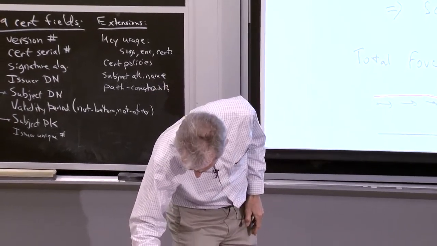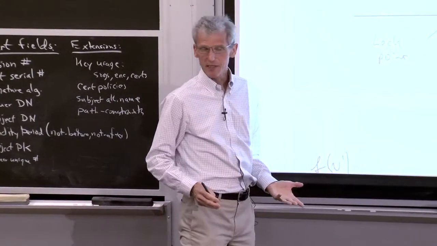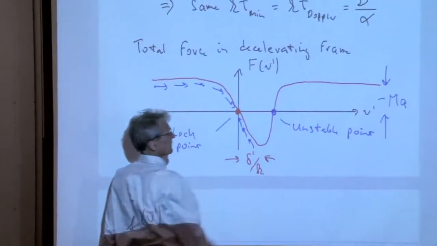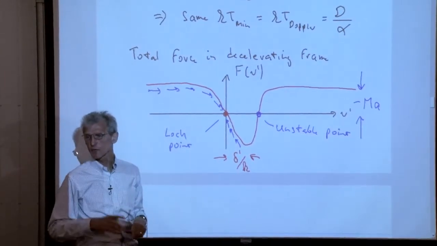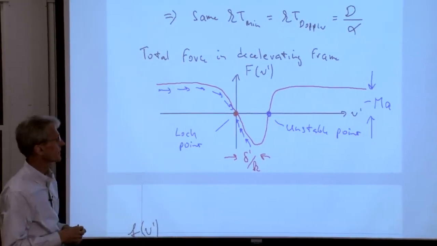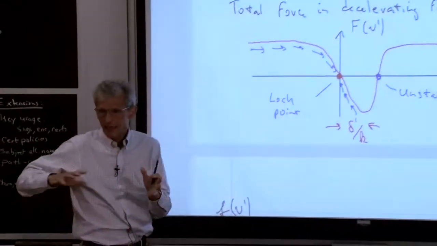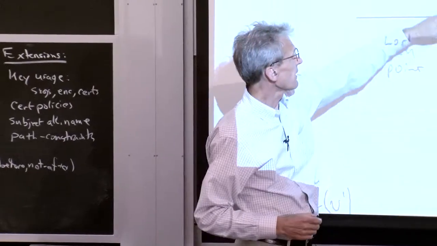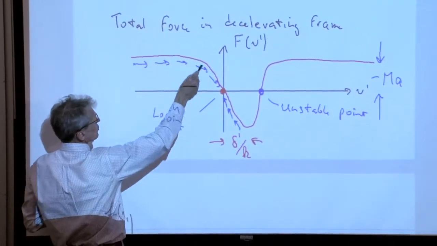So let me give you a summary of what we have done graphically. One laser beam scatters light, and it is this Lorentzian. And it's a negative Lorentzian because we have a counterpropagating beam. We push the atoms into the negative direction. They fly in the positive direction. But by chirping the laser, by going into the decelerating frame, the force doesn't go to 0.